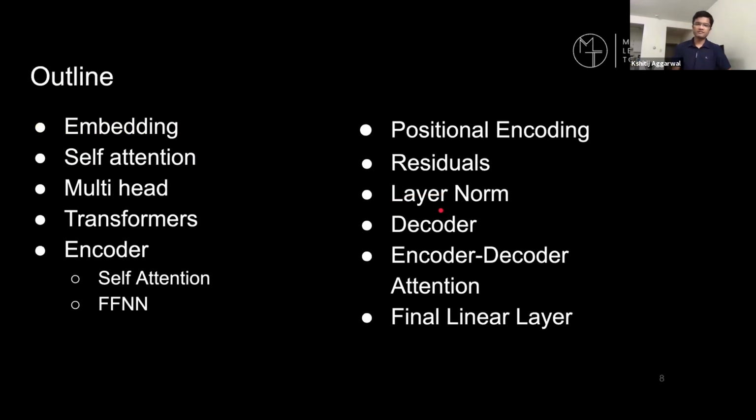So this is just a rough outline of what all things we're going to discuss today. We'll start with just taking another look at the embedding and attention mechanism, followed by self-attention, what is multi-head self-attention, and how transformer architecture is. Then we'll spend a lot of time actually today on all the details of transformers, starting from encoder, decoder, the residual connections in it, positional encoding, and then encoder, decoder attention, and all the different